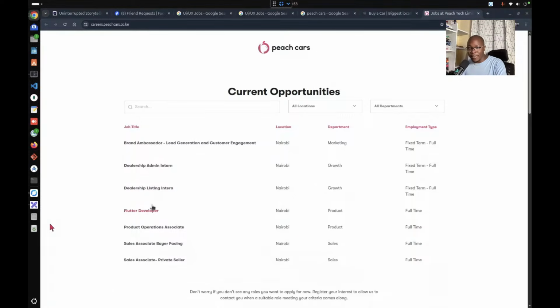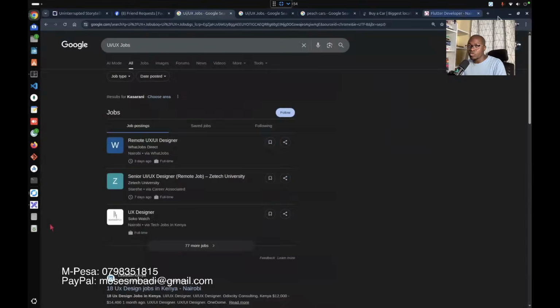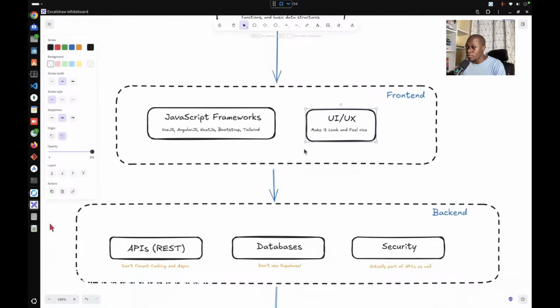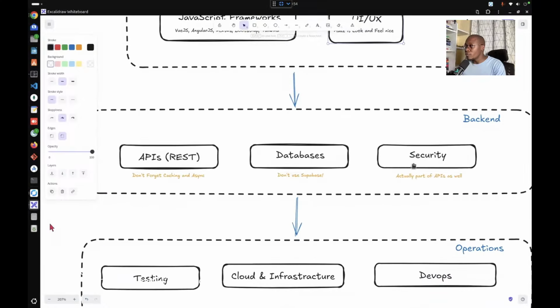Yeah, so this is an entire field. This is what we call front end. This section right here, it's what we call front end engineering. I think with the technological changes we've had recently with AI and everything, people don't really focus on front end and back end. I've seen more people trying to go all in, which is what you call full stack. But anyway, once you understand the front end, you can now jump into backend, and in backend we have APIs, we have databases, we have security. Actually this is part of APIs.